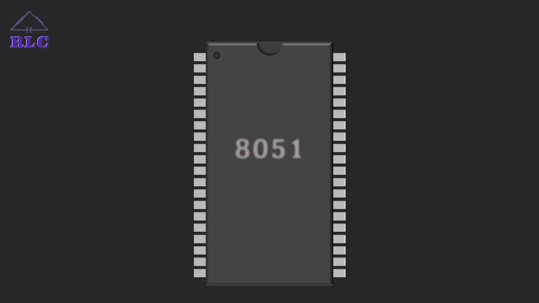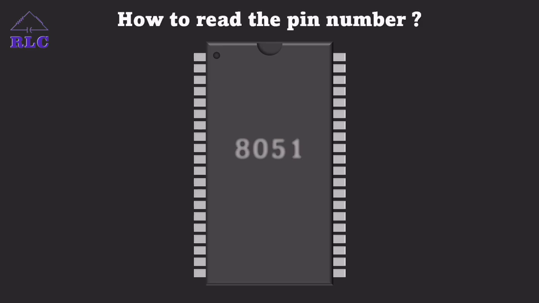First, we'll see how to read the pin numbers. When we read the pin number of any IC, we need to hold the IC vertically in such a way that the notch comes to the top, or else we can see there's a dot. This dot should be in the left top corner. Whenever we read the pin numbers, we keep the notch to the top and the dot to the left top. Then, starting the reading, the left top will be represented by 1